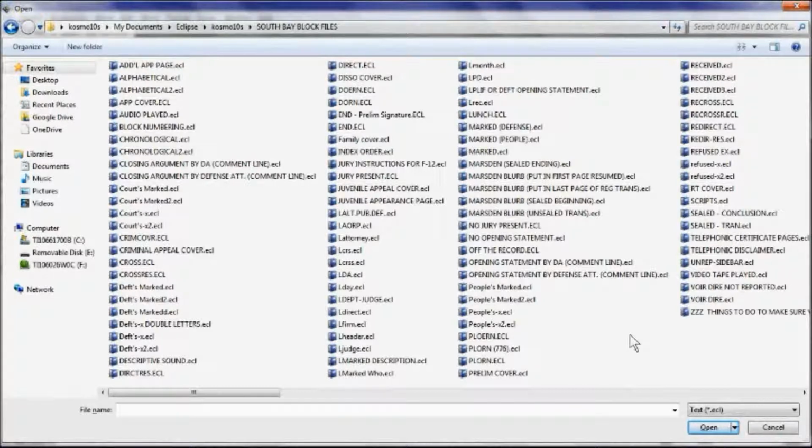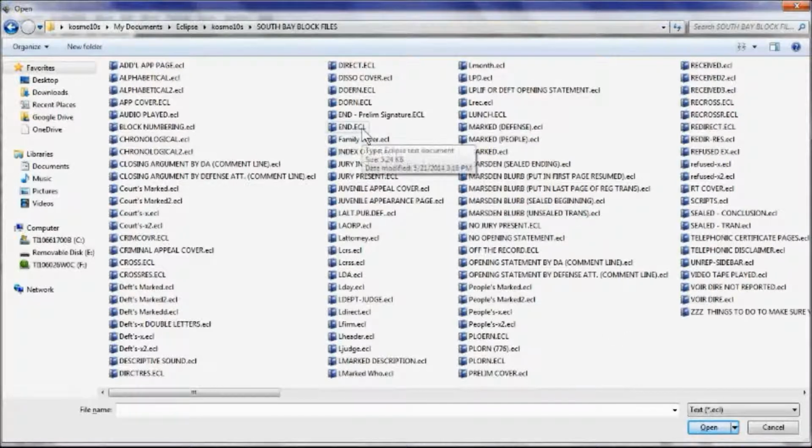Okay. Now, you've scanned your signature on a white piece of paper. We have outputted it to a JPEG. We've now copied it somehow onto a thumb drive or put it on your desktop. And now you've placed it in your block files. Next thing I want you to do is,